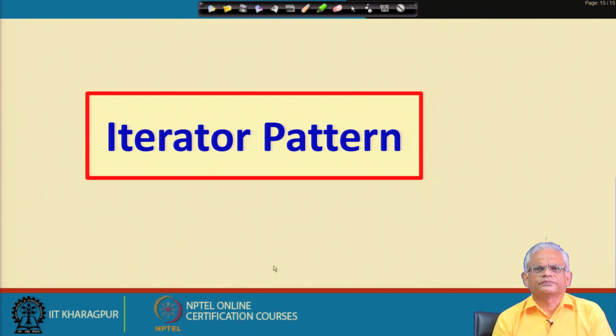What is the advantage? For another class which is not part of the collection classes, or which you have extended from the collection class, how do you define an iterator for that, and so on. If you know the iterator pattern well, not only will you understand how the Java iterators work, why you have been doing something in some particular way, what is the advantage, what is the exact mechanism that was used, but also you can use iterators for a new application.